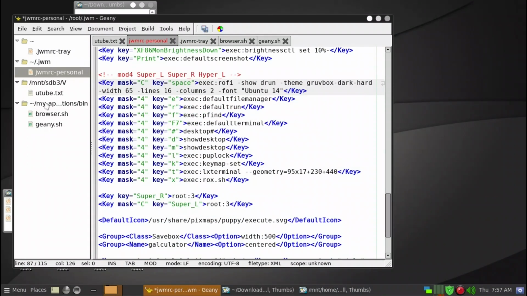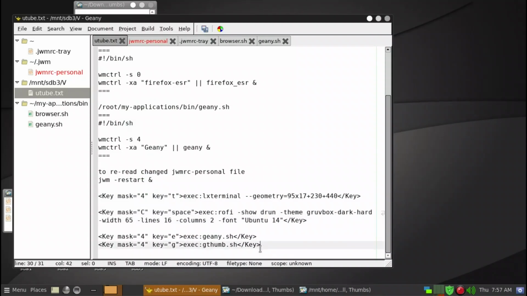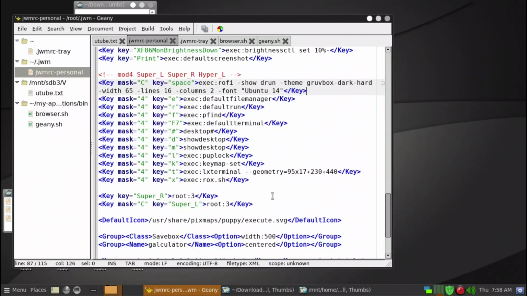Further changes, obviously, what we need to do is get the key binding going as far as Geany and the browser. I made a mistake here. What we want to do is browser.sh, and we want that to be Super and W. So we'll go ahead and save all this, and just copy this into the personal file here,